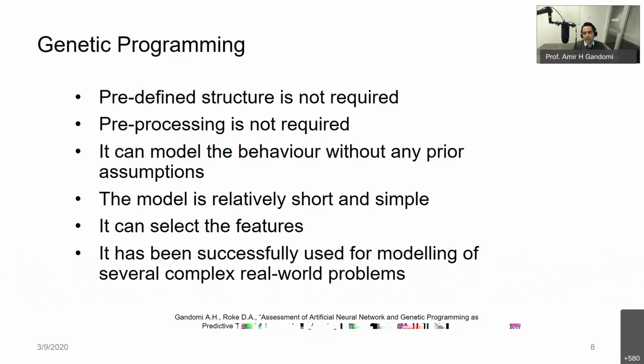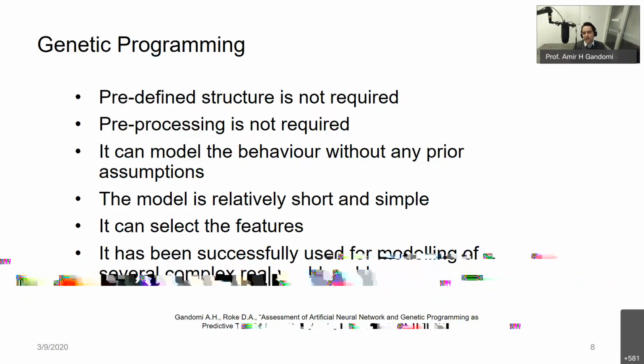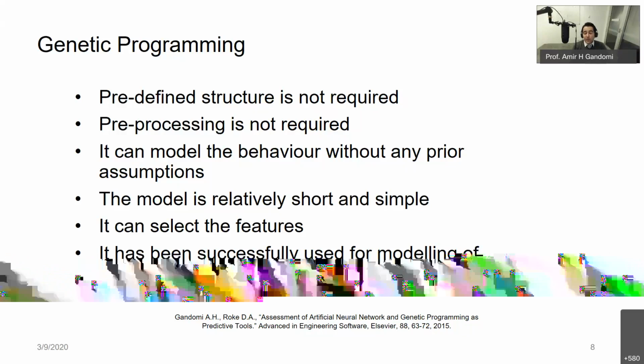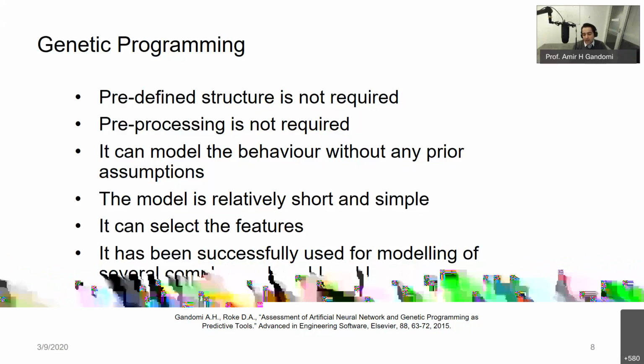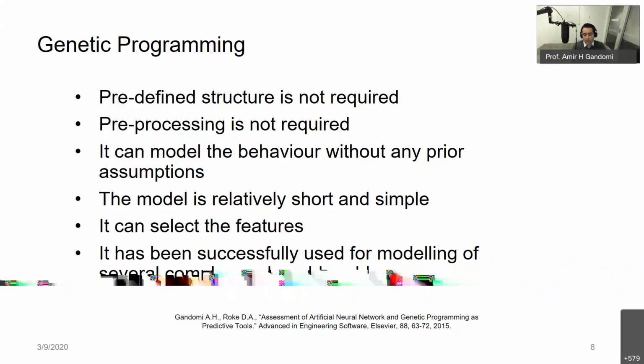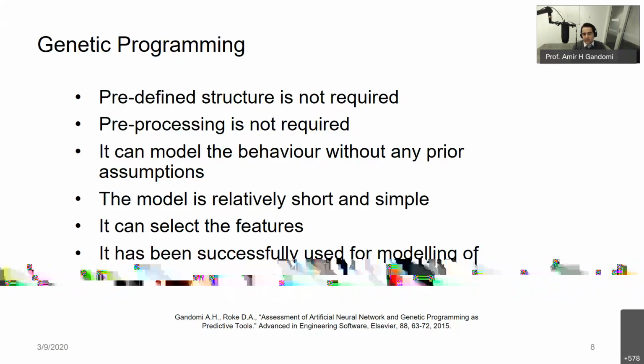But here we don't have any predefined structure. So we ask evolution to find the structure of the model, which means we need to build a model from scratch. We don't have any structure defined for us, like a layered network, etc. This makes the problem harder because we need to find the structures, but it makes the